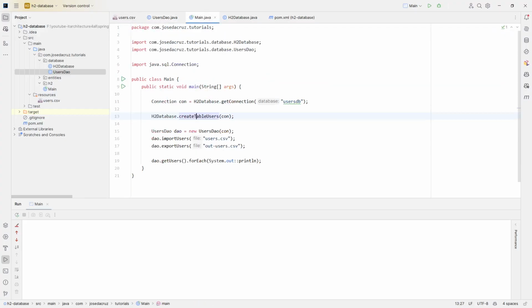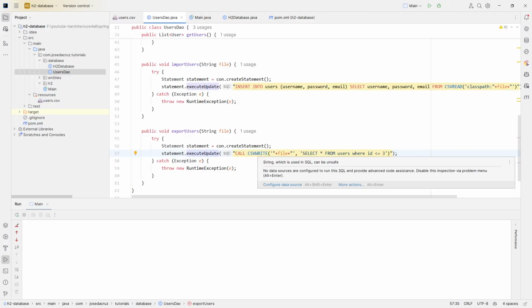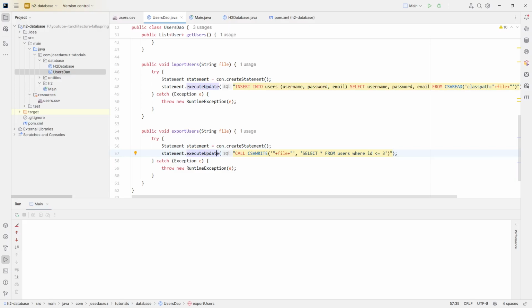And then what I'm doing is I want to export, but just a subset of the users. And again, it's quite easy. We just create again a statement, and we call the stored procedure CSVWRITE. We use the call. Because we're exporting, there is no SQL statement. It doesn't make any sense to use an update, insert, delete, or even select. So we have call CSVWRITE. We say which file we want to be created with the output of the table, and then we provide the query